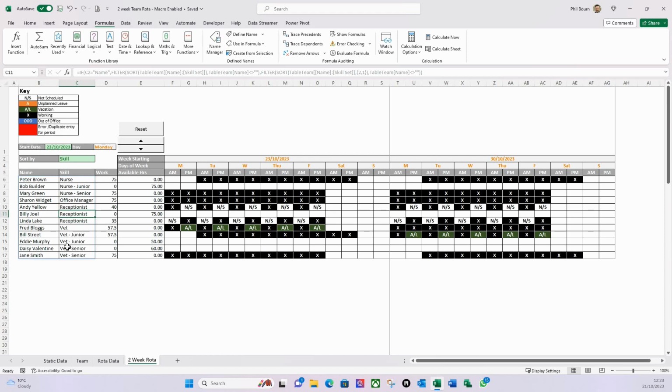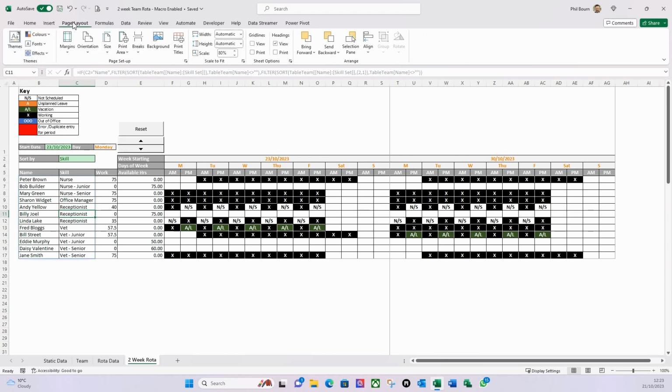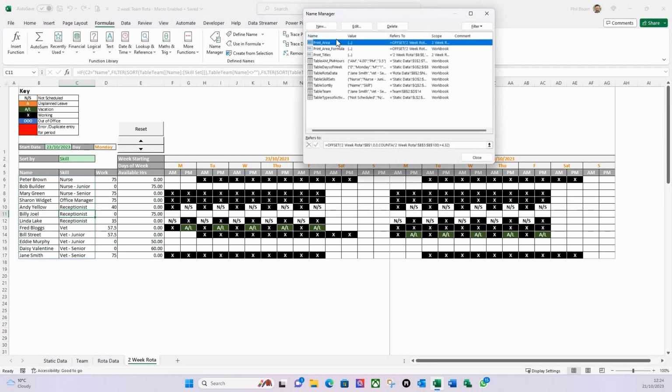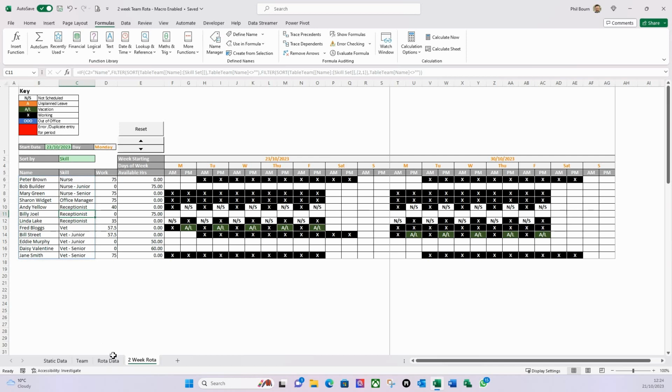Now if I go to page layout, and at the moment if I go to formulas and look at the name manager, we can see the print area. This is the reason why I created a separate name range here, because this will happen. If you want to restore it, you don't want to remember how to do this going forwards. But you'll notice it's got the offset function there. Now the offset function at the moment is taking it to 17, right? So if I go into here,